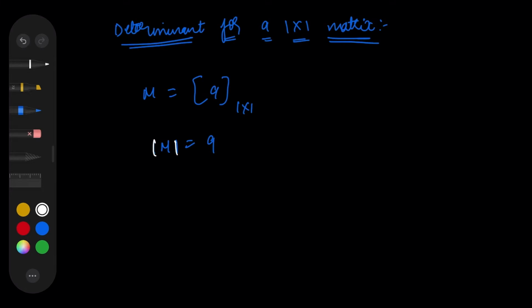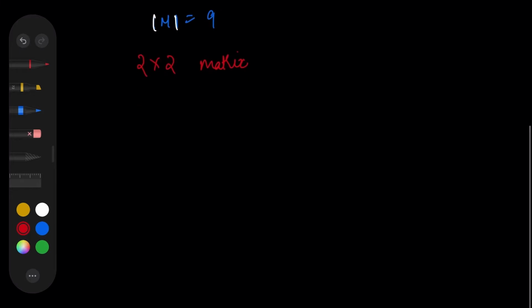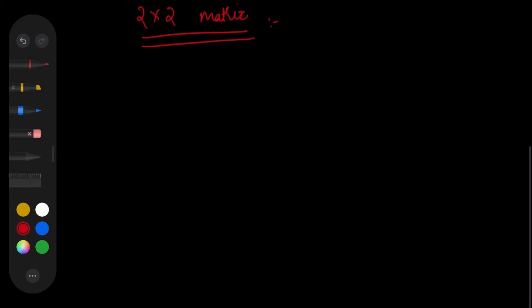So if you wanted to find the determinant for a 2 cross 2 matrix now, this is a little bit complex compared to a 1 cross 1 matrix, but it is easy. So let us take a matrix M, and let us say it has elements 1, 2, 3, 4. So if you wanted to find the determinant, we keep this matrix M in between parallel lines, which represent that you're finding the determinant of it.